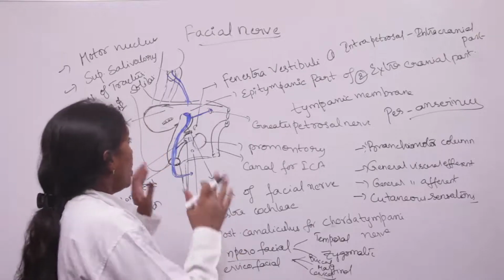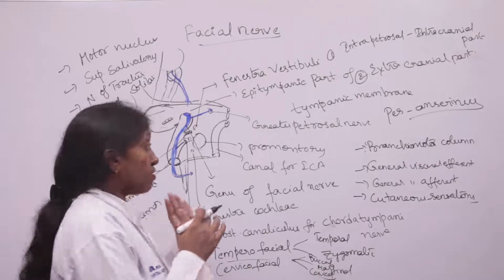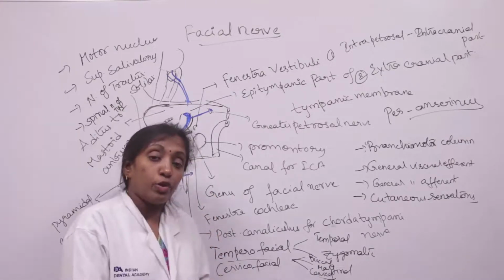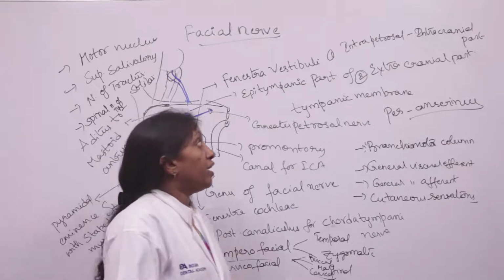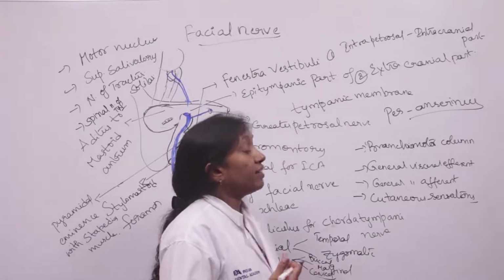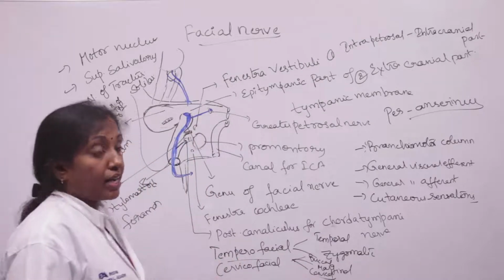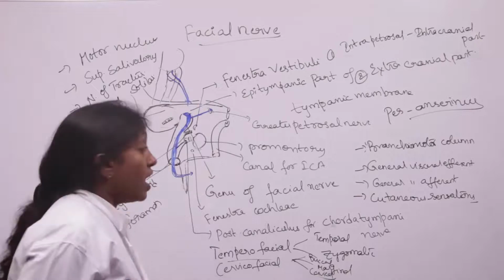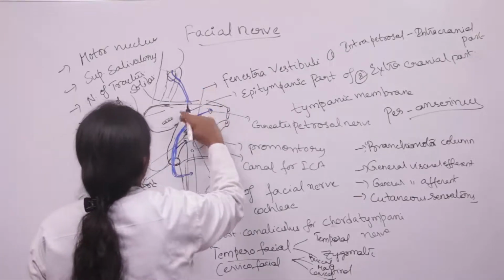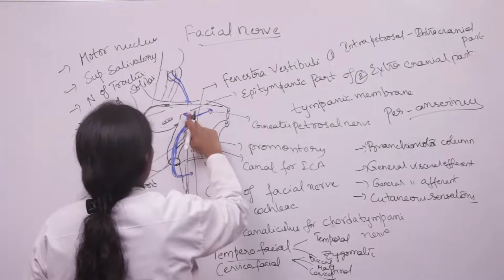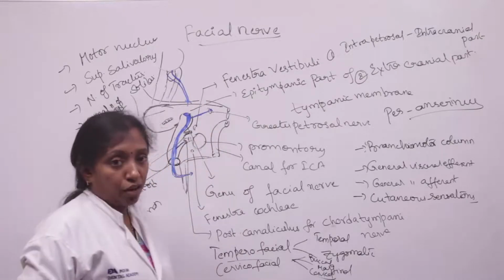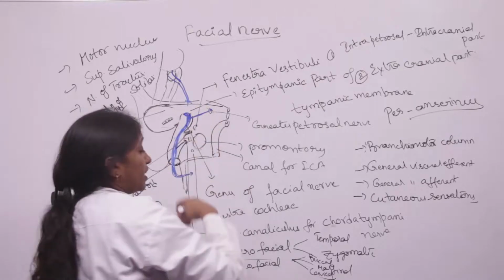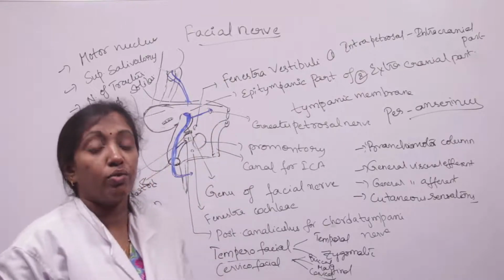Okay, so the facial nerve arises from the lower part of the pons. It consists of a motor root and a sensory root, and it has two parts, two courses: the intrapetrosal intracranial part and the extracranial part. In the intrapetrosal part, after emerging from the pons, the facial nerve makes a lateral curve in the medial wall of the epitympanic part of the tympanic cavity, and here it makes a genu, a swelling called the geniculate ganglion of the facial nerve, which consists of